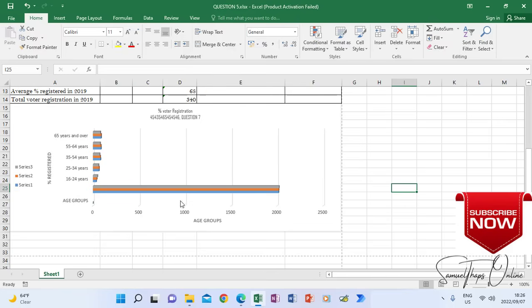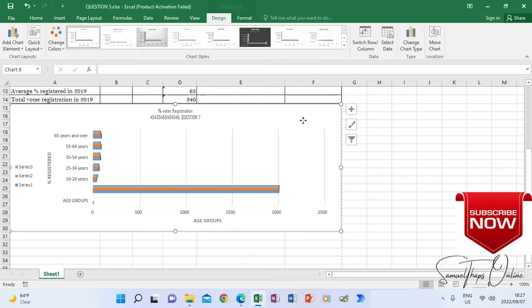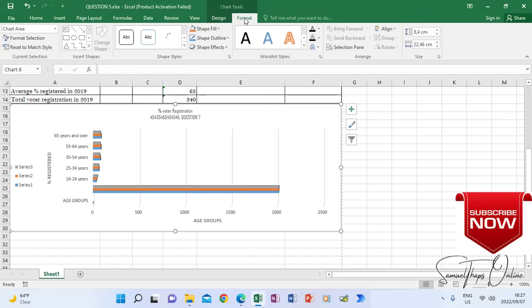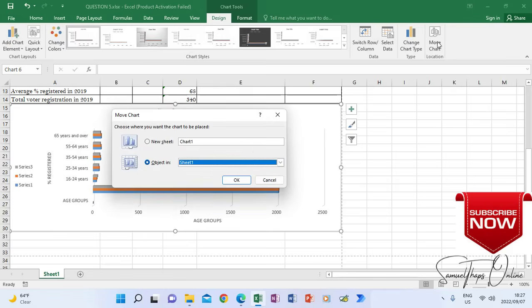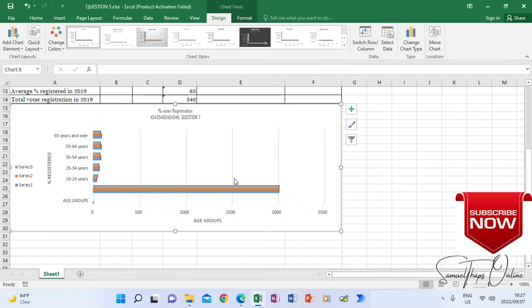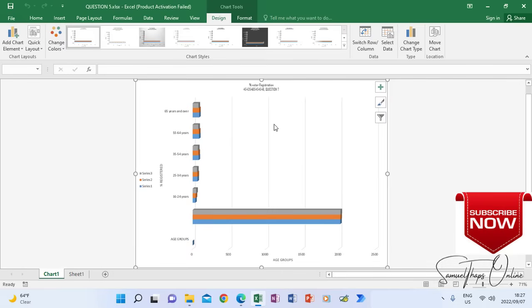move the graph to be on its own sheet, probably not on this question paper that I'm doing now on this video, but if it comes in an exam, you need to know how to do it. Firstly, make sure that you click on the graph so that you find these chart tools, and then when you go to design, you will see move chart. When you click move chart, you will see where it says new sheet. When you click new sheet, when you click OK, it will move to the graph to be on its own